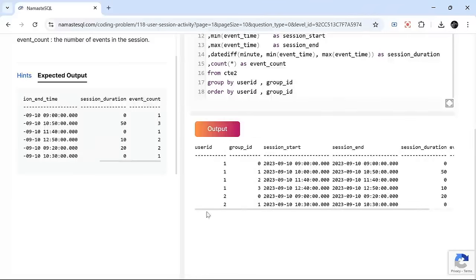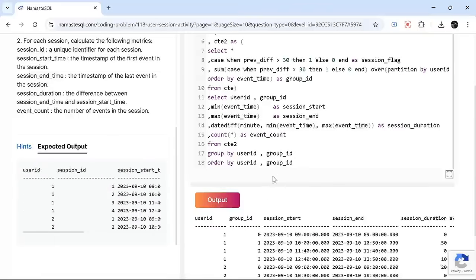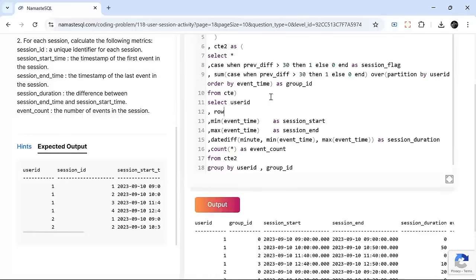duration also, right? Now in the output, what we need? First of all, we don't need group ID, but we need to keep group ID in group by. Otherwise, our calculations will be wrong. So we can remove it from select. It is absolutely fine. But we need one more column, which will be row underscore number, right? It is just a running session, right? And we will say over,